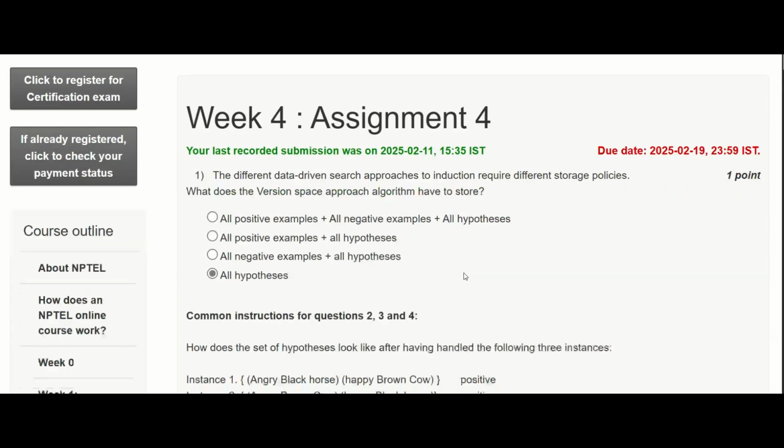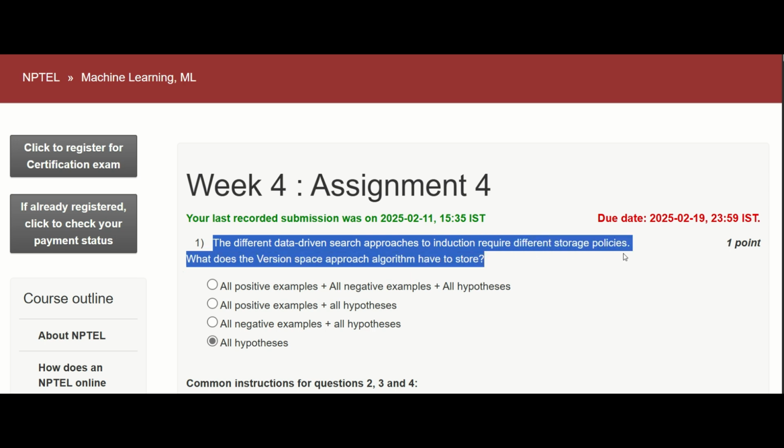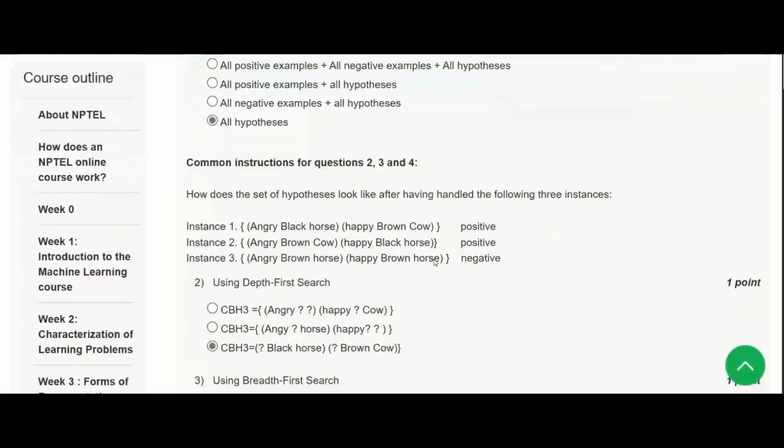Let's see the machine learning assignment solution. So this is the week 4 assignment. First question: the different data driven search approach integrates different storage topology. What is the version space approach algorithm to solve? This is all hypothesis. This we already discussed. Second, third,